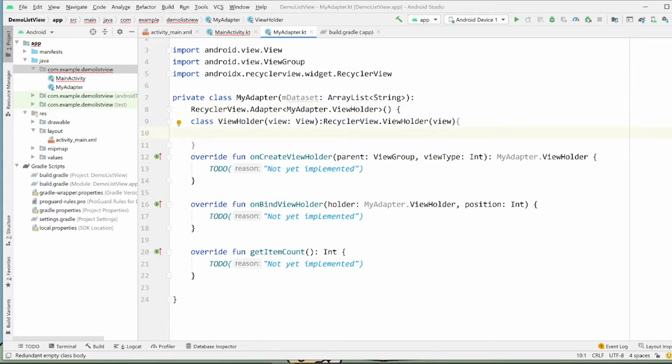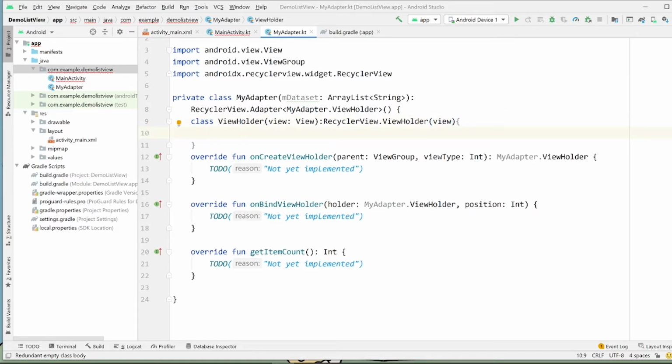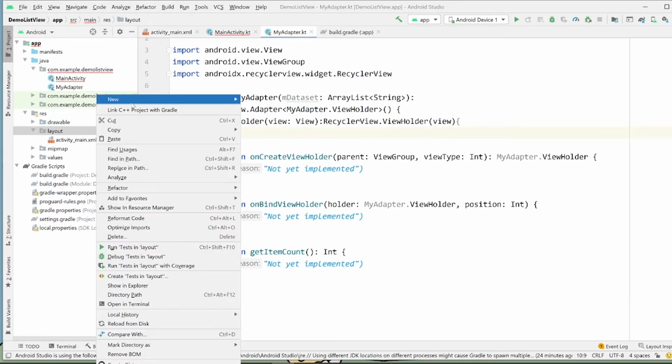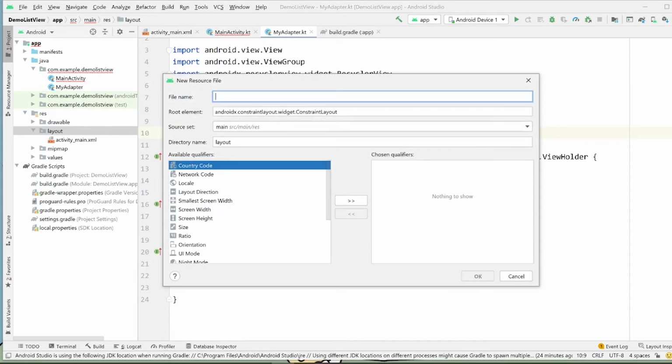Inside the view holder, we're going to create a layout that contains how each of your items in the RecyclerView is going to look. The view holder is going to use findViewById and map all of the components inside that specific customized layout to the code. So we're going to create a layout to customize each item. I'm going to call it RecyclerView item.